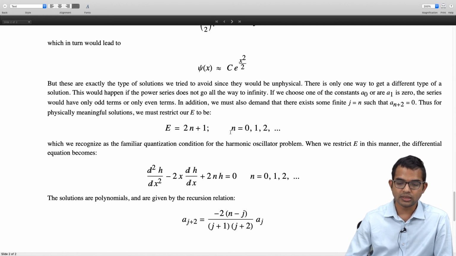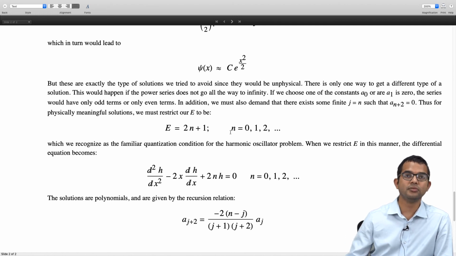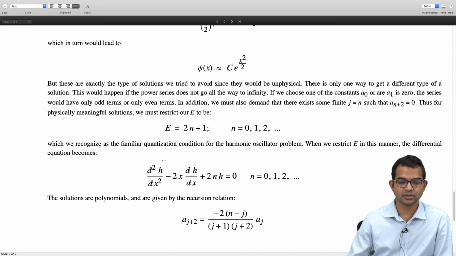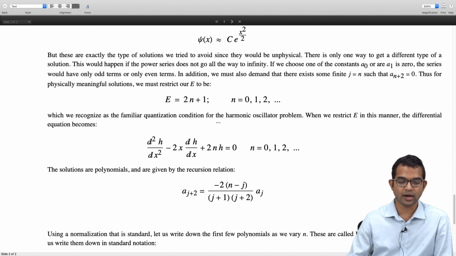And they have exactly the properties that we demand for the wave function, right? So they will yield properties for the wave function, which is connected very closely to h of x. So if we can find h, we can also find psi, which is just with the help of a factor. Now, here what I have done is, the recursion relation also has changed, right?